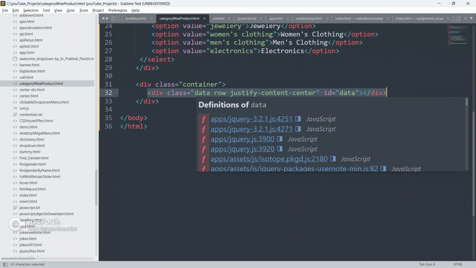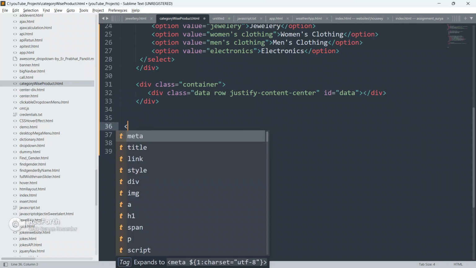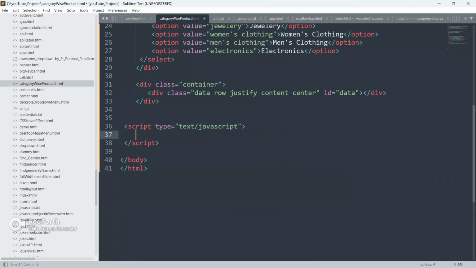Remember one thing, guys: in this div we are going to place content dynamically using JavaScript. That's why I have given this div. Below this div, create a script tag and open it. First we are going to create some variables.